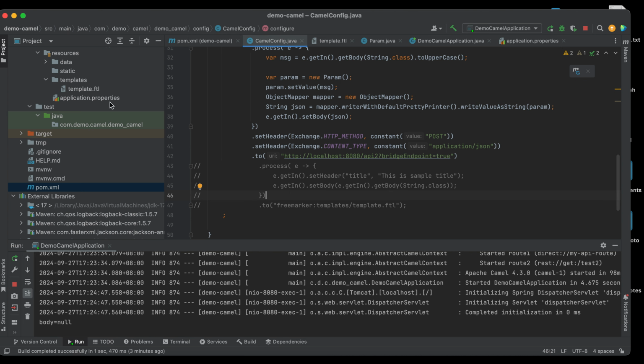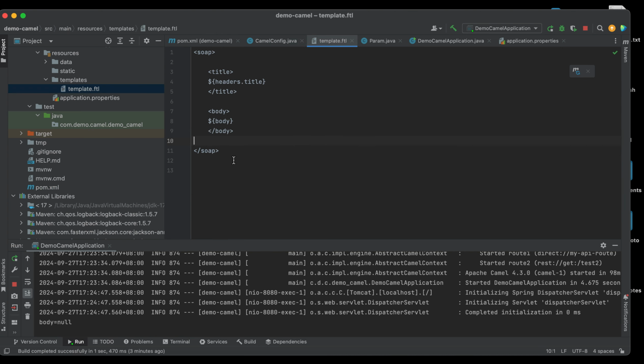For example, we can define the SOAP XML like this. This is just a simple example. Of course, in the real world, it's not like this, right? But for demo purposes, I just make a dummy SOAP XML like this. So bottom line, we provide the template XML, then we pass the values like the title and the body.